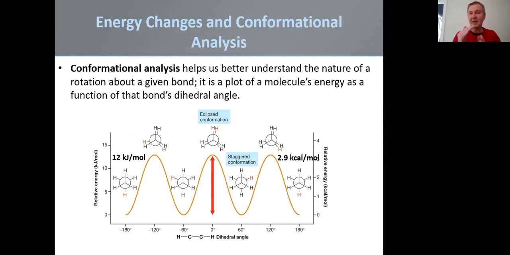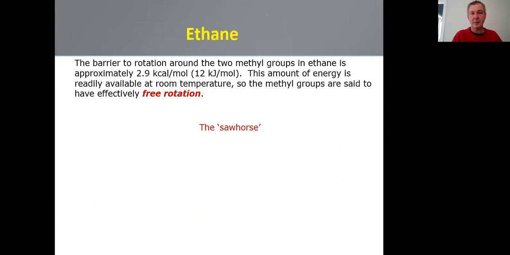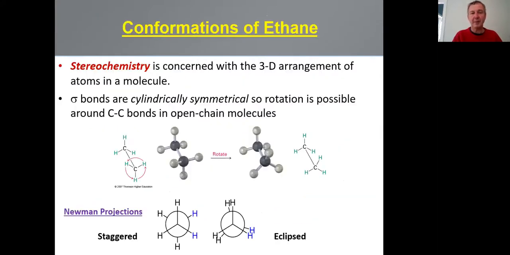What we see is that in eclipsed, the torsional strain causes it to be of higher energy, and when it's staggered, it goes to lower, just like a sine wave from staggered to eclipsed, due to the torsional strain. This brings up a notation method that I want you to know. And this notation method